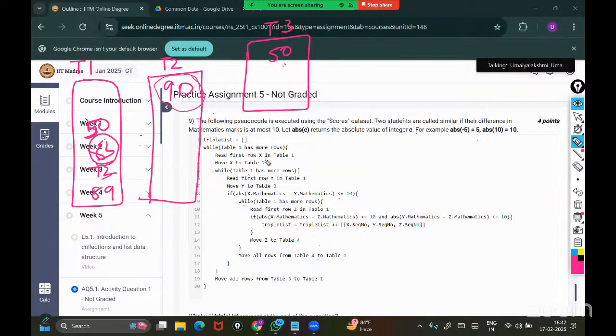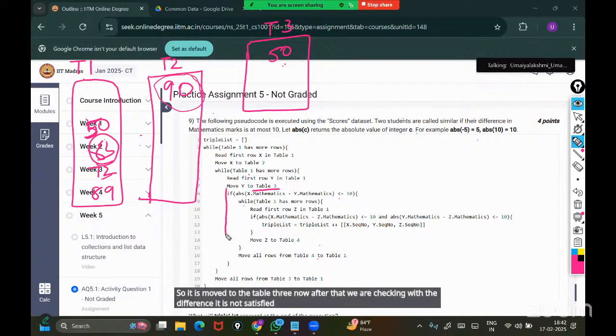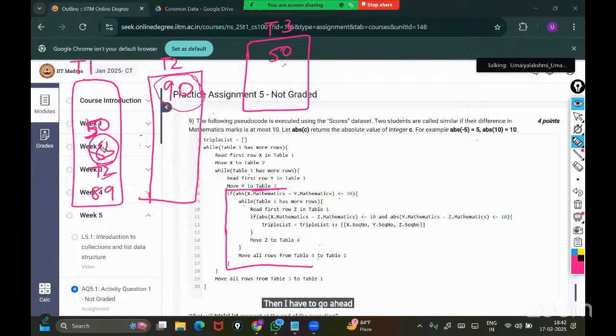So it is moved to table 3 now. After that, we are checking the difference. It is not satisfied, which means it will stop here, right? The if condition failed, in the sense that the if block will not work. Then I have to go ahead with the next element, nothing but 83, which has to be moved to table